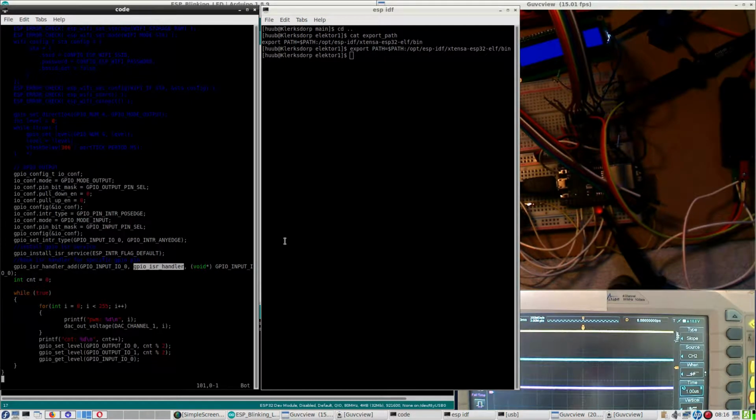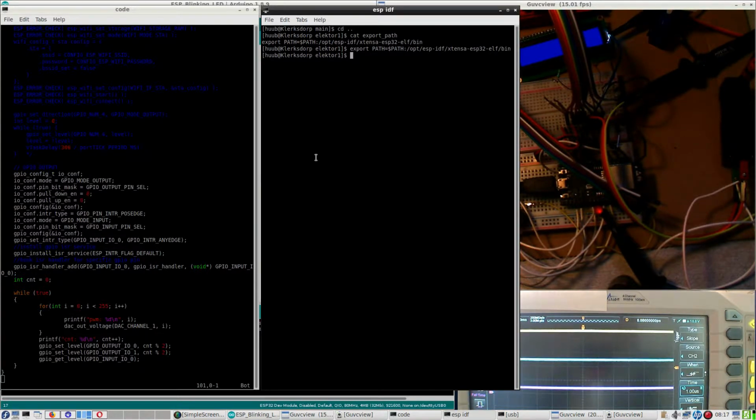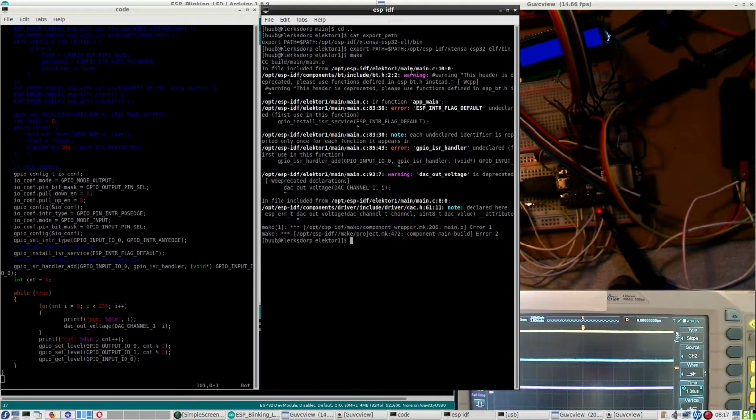because in the software on the GitHub there's no other definition than nothing. This is just being used. So how come? Let me do it again. So I have exported the path, so I can use make and make flash. Let me for now just make, and again it says GPIO ISR handler undeclared,